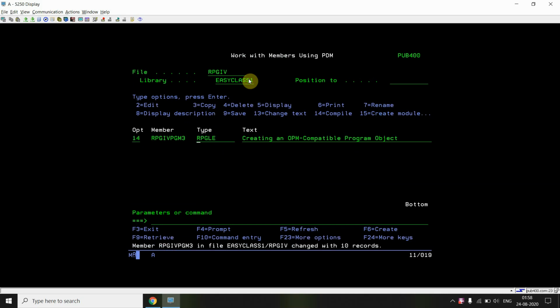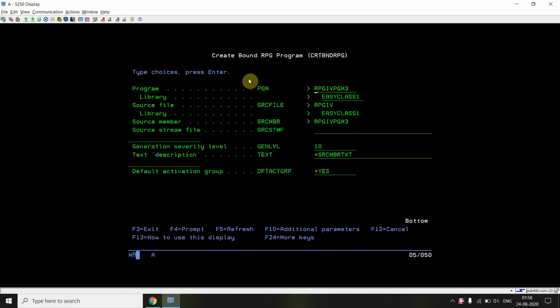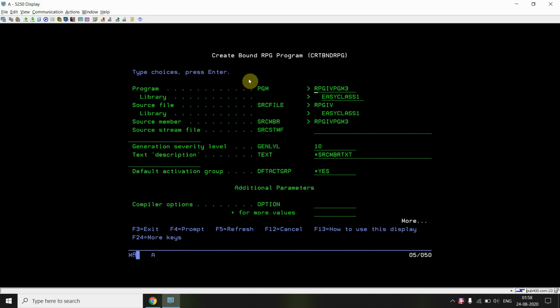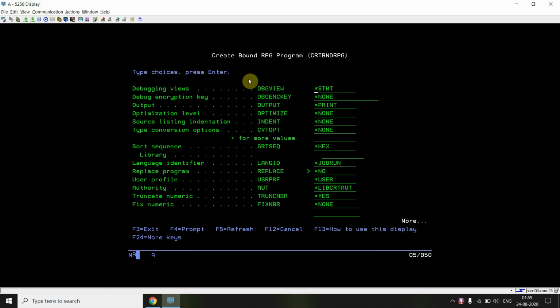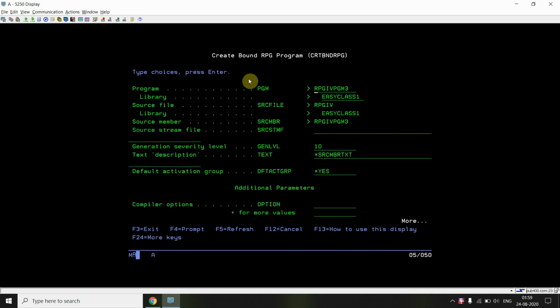Whatever is mentioned inside the source will be overridden by the command. So if I am providing anything in the command, that will override what has been written in the source. You can see that if the default activation group is set as *YES, we are not seeing any parameter or option for the activation group or the binding directory.